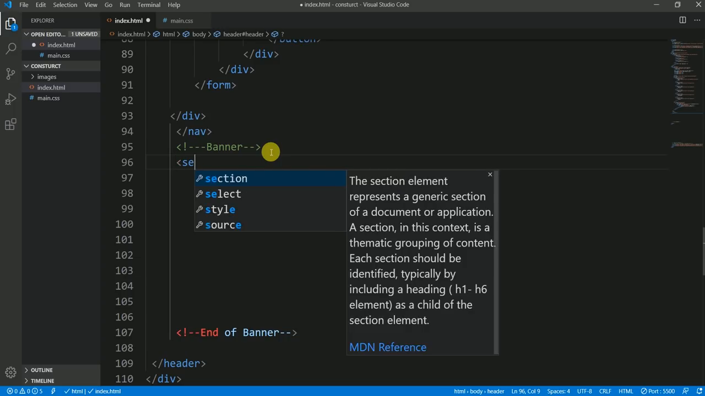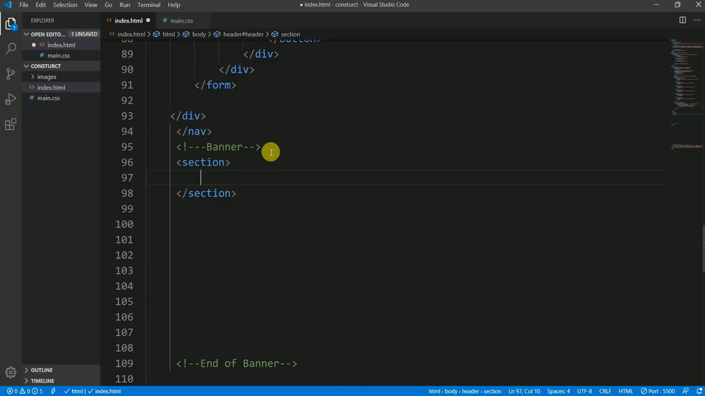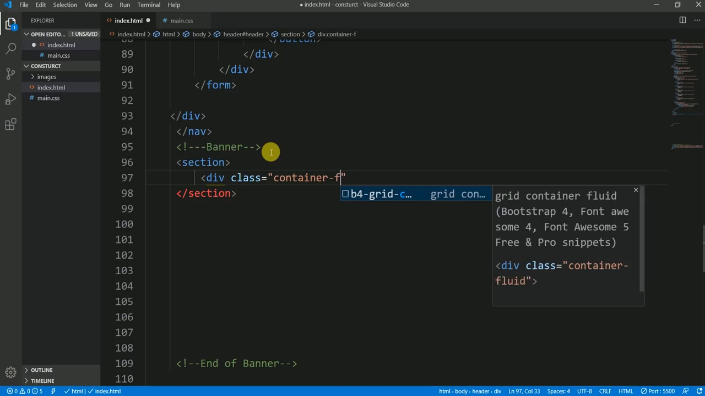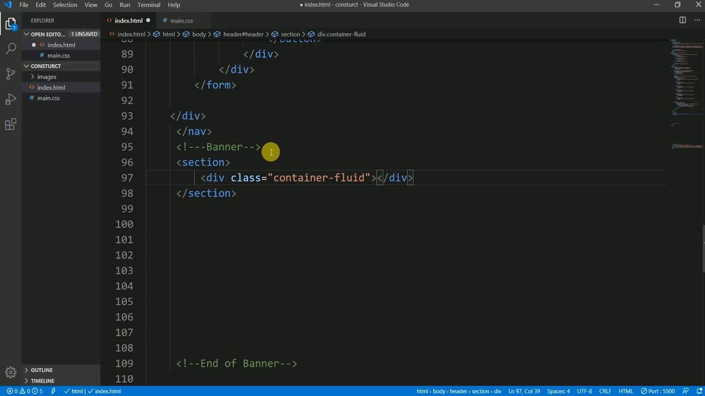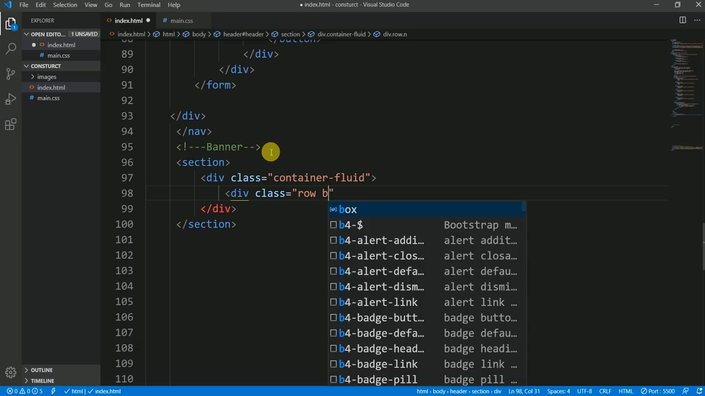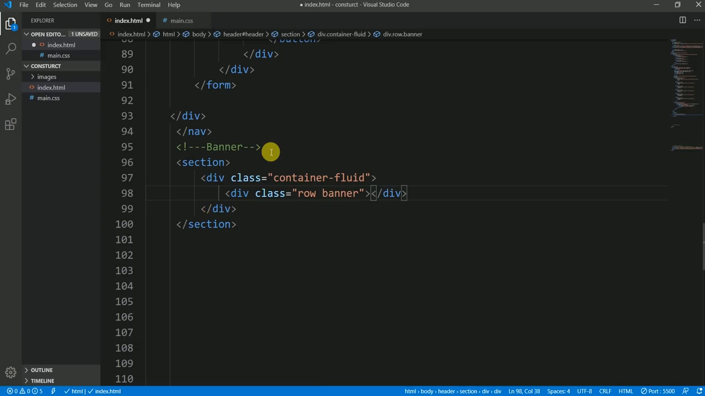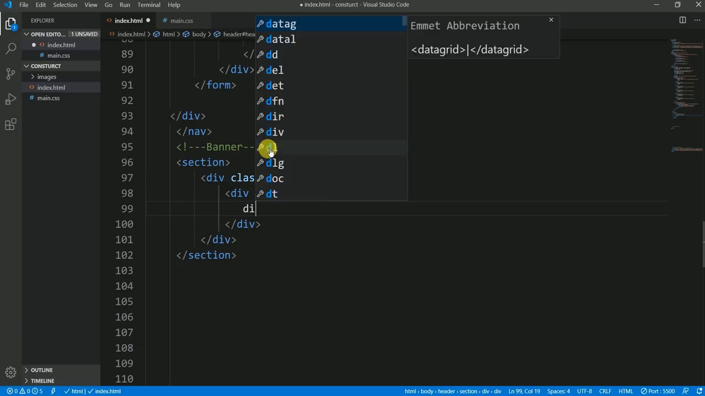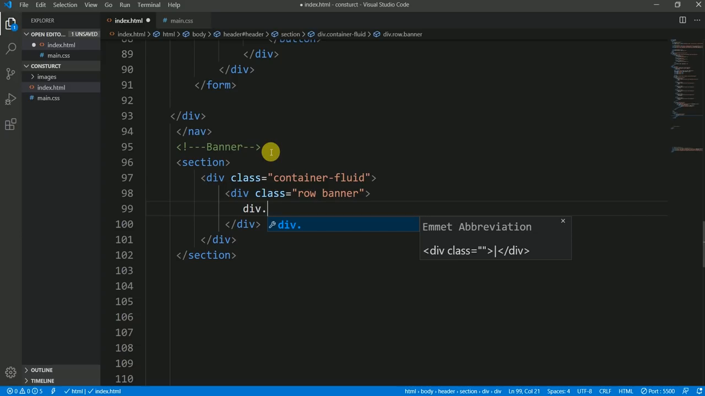Let's go with the section element, and then within this section element I want to have a division with class of container-fluid, and then let's go with another division, the class of row, and just to see, I want to use this banner class in my CSS. So then let's say the class of column small 10,